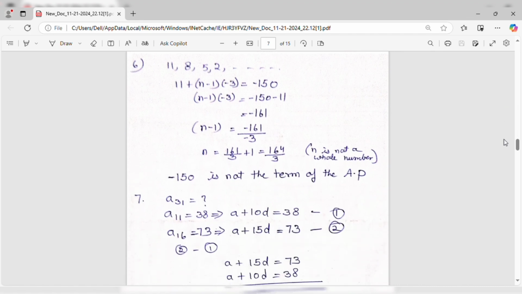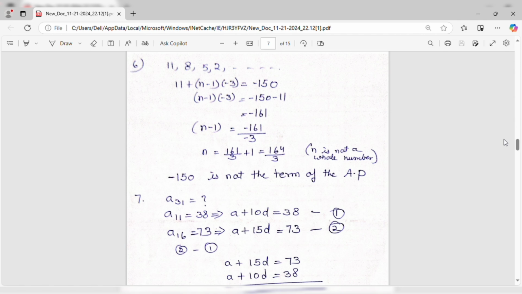We have to check whether minus 150 is a term of the AP 11, 8, 5, and so on. To be a term of an AP, it is necessary that n should be a whole number for that particular term. It should not be a fraction, or we should not get n in decimal. If we are getting n as a fraction, decimal, or anything else, then it is not a part